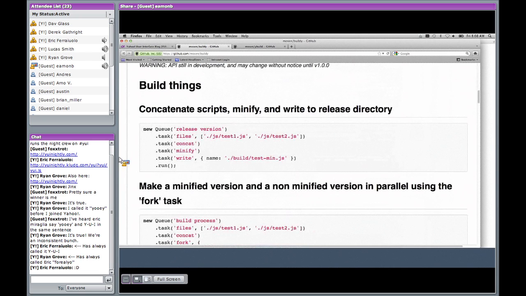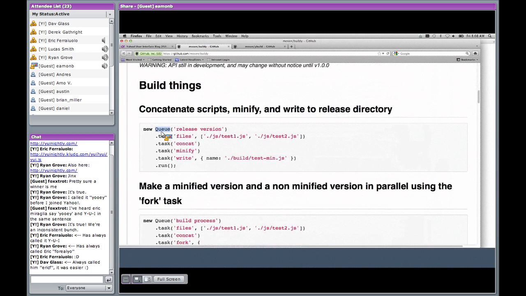So in Buildy, basically, the main object you're dealing with is this queue object that represents sort of a single line of execution, I guess. Everything's sort of generated and then piped to the next task in the list.